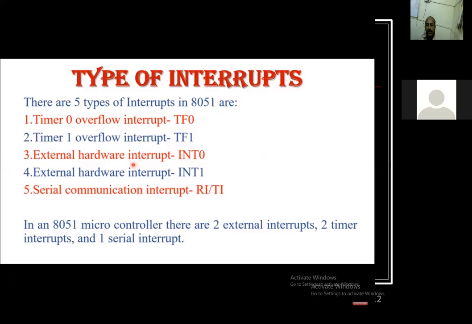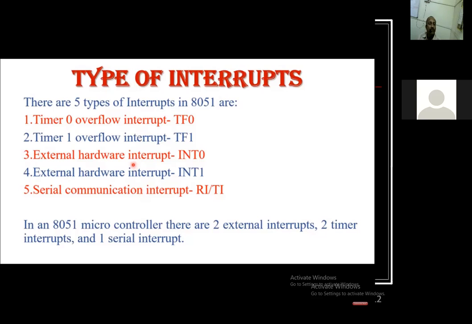So what are RI and TI? They are 2 bits of the SCON register. We have already seen one of the SFRs, that is SCON, the serial communication control register. So just go through that, and you will come to know what RI and TI are.